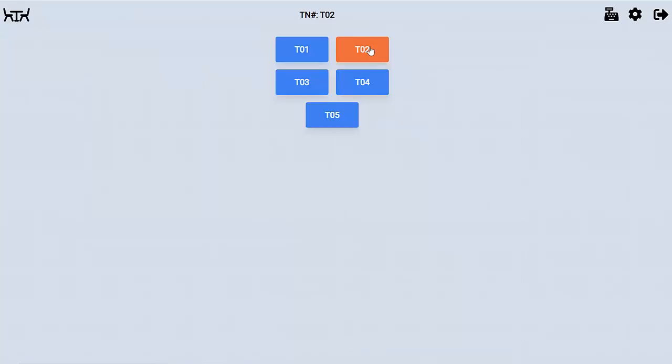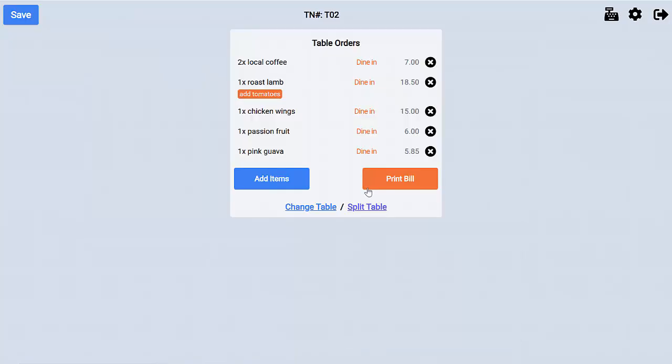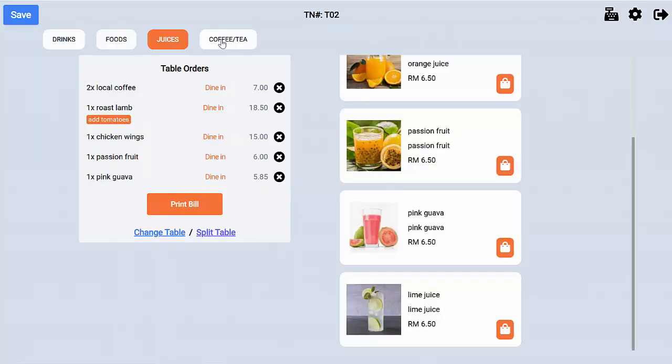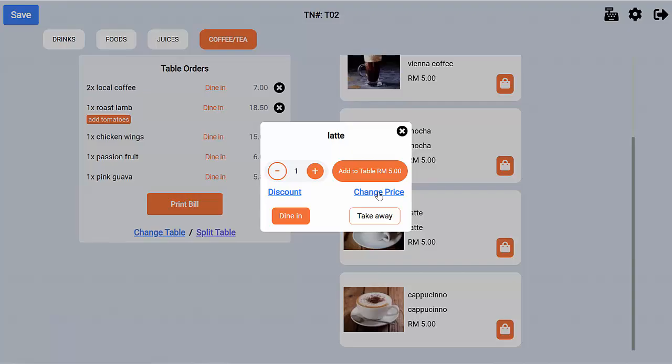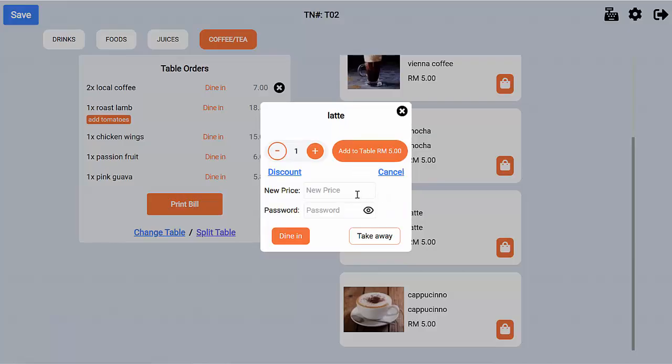Now there's also another option to change price. Let's say add items. This person added a coffee, a latte, and then the person asked for a discounted price. So you want to change the price. If the cashier has the power to change the price, you can click on change price. What is the new price? So instead of 5 ringgit, let's say it is 4 ringgit. You can put 4 ringgit, and then again